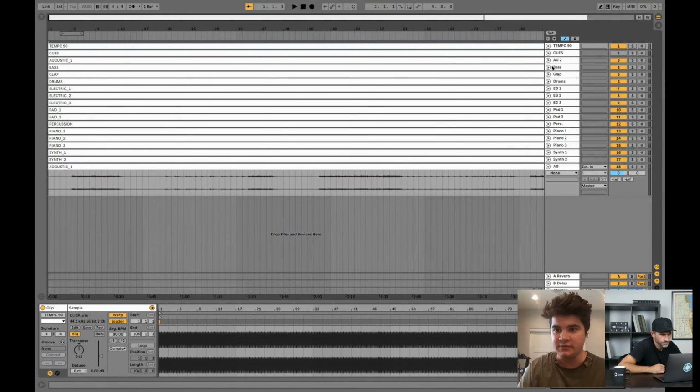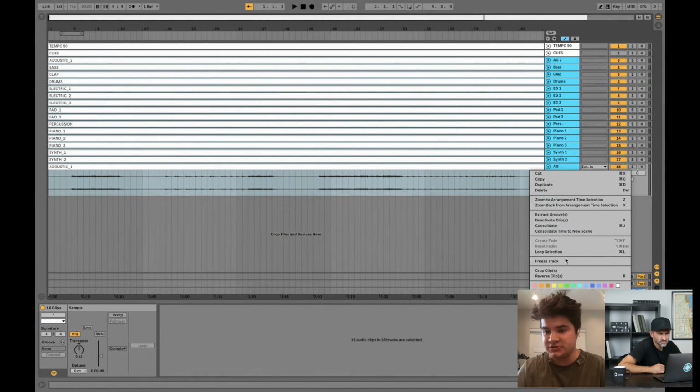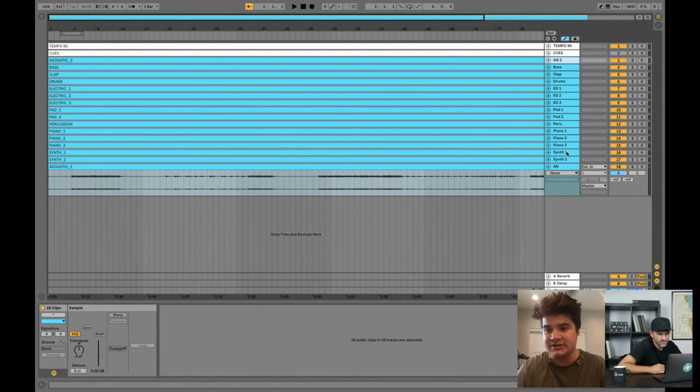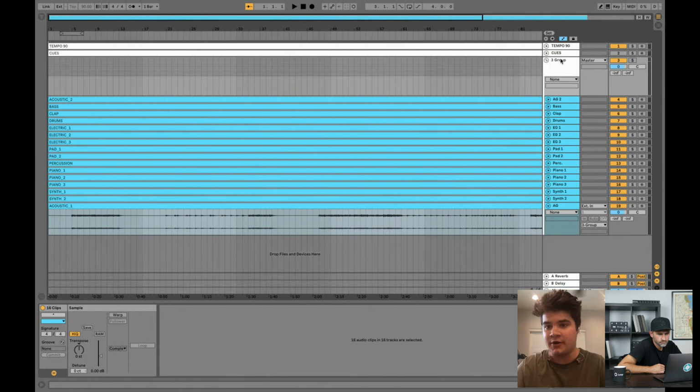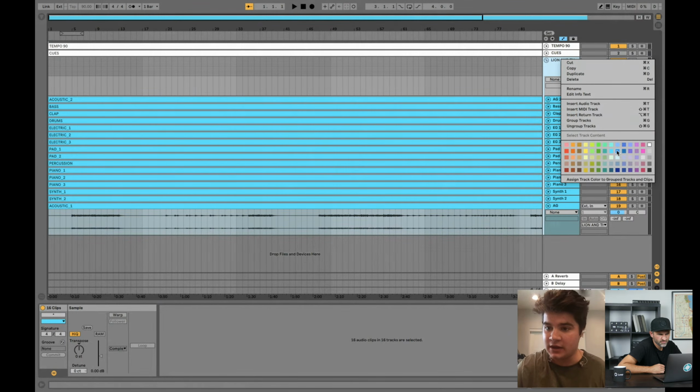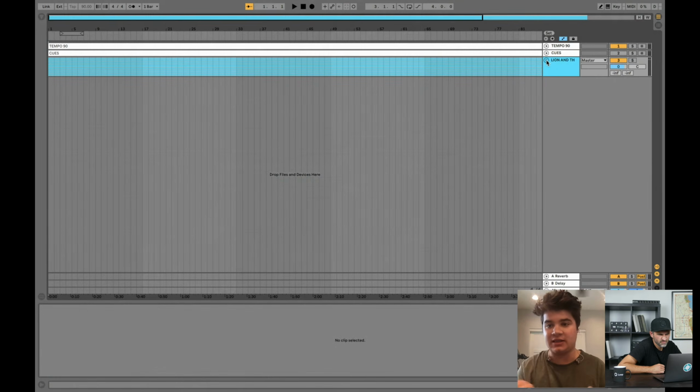Okay, got it. The next thing I do is I like to group my stems out of the way. I like to use colors to just keep everything super organized. So I group them all together, and then I'll name it "The Lion and the Lamb," exactly what the song is. I'll color it blue, and now I can collapse that, and I can work on my clicks.